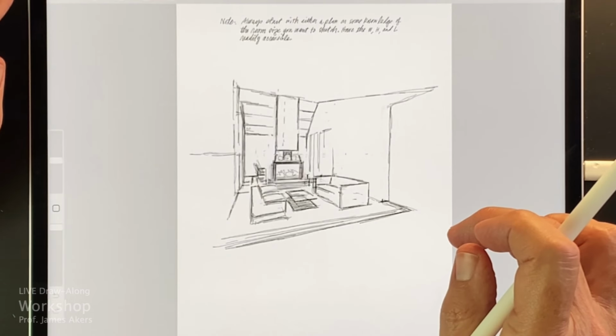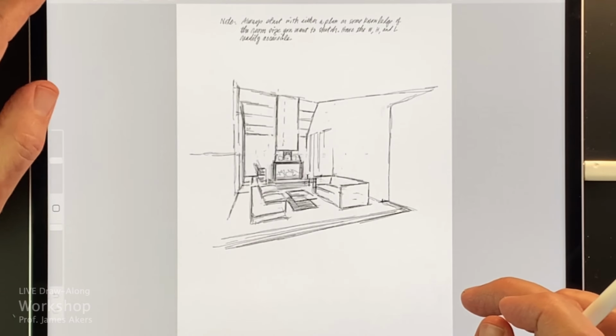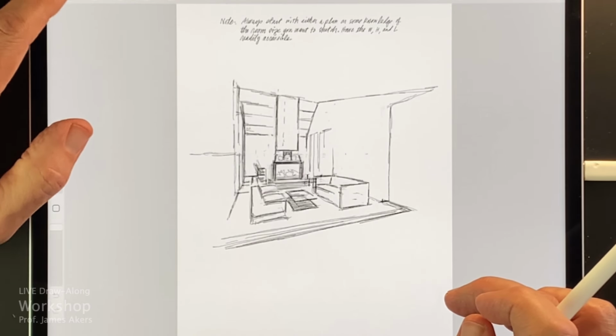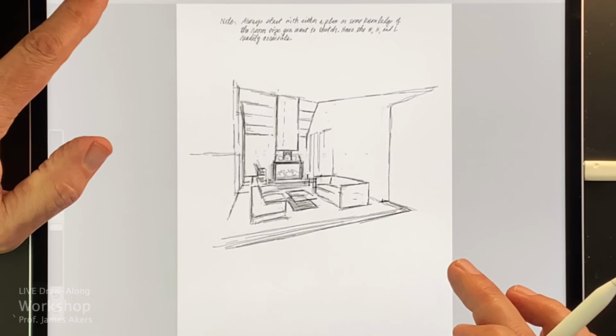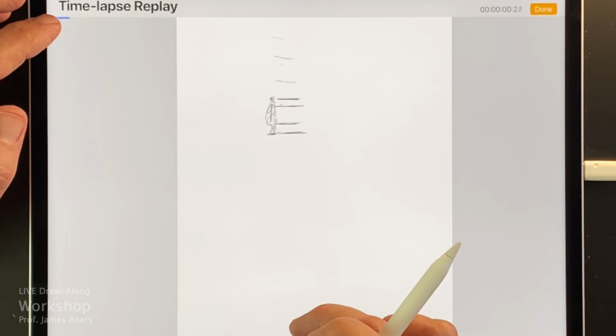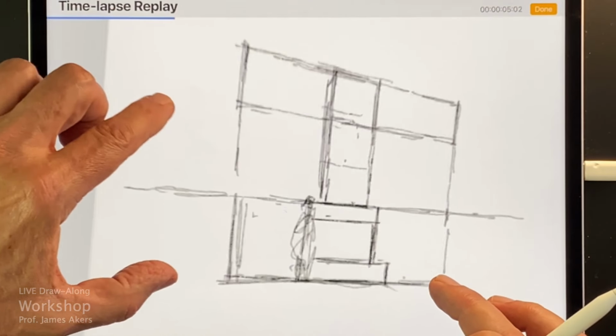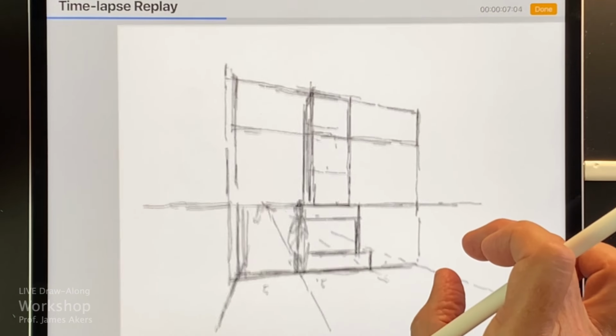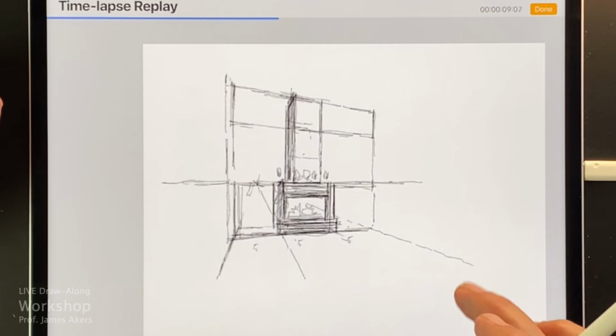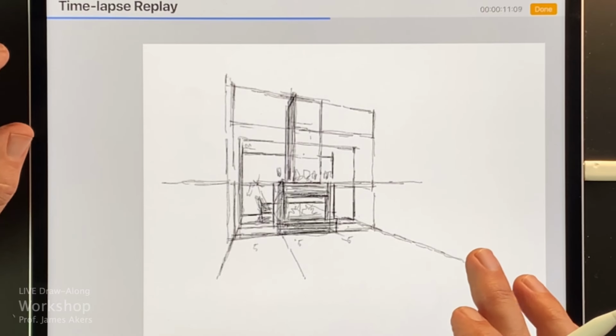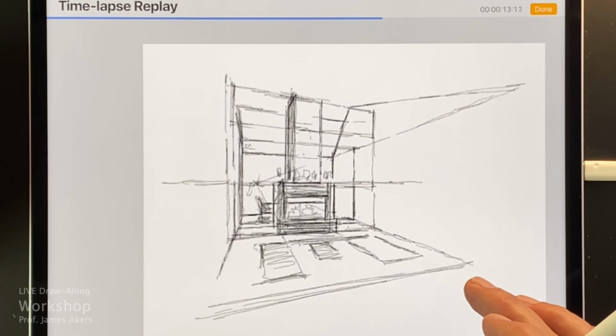This looks like it might be 2 point. And yeah, this is a little vignette of that living room, that great room back there. And let's see if I've stayed consistent here. Okay, yeah, so we'll do 2 point live here in a second because it's a little more complicated, right?